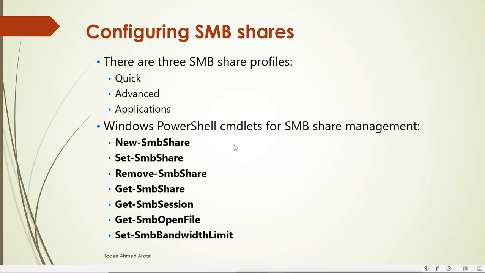Now when we configure the SMB share, we have these 3 options. Quick means it is a simple SMB share, like sharing from Windows or any client. We can configure this from any Windows machine. We configure normal shares with this quick option. Advanced share has some advanced options available. These advanced options we can only have when we install some extra features and some other roles, and this is only available in servers. Then application share means we can share the directory, the folder, with the SMB protocol for some specific applications.